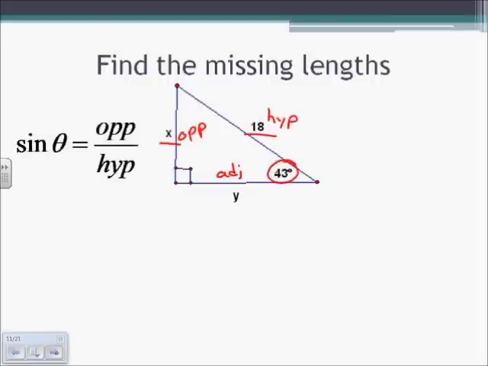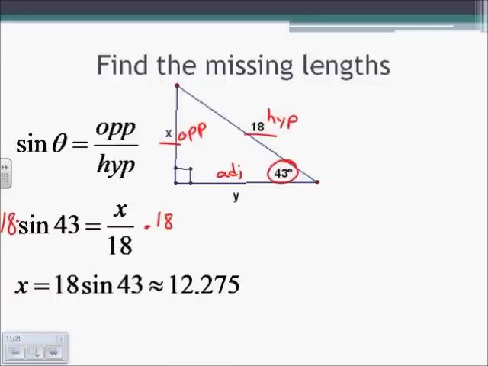I know my values, so I can fill in. Instead of theta, my angle is actually 43. And instead of the opposite, I can put x. Instead of the hypotenuse, I can put 18. And now I need to solve. I need to get x by itself. And to get x by itself, I will multiply 18 on both sides. And I'll be left with x is equal to 18 sine of 43. And then my approximate value will give me